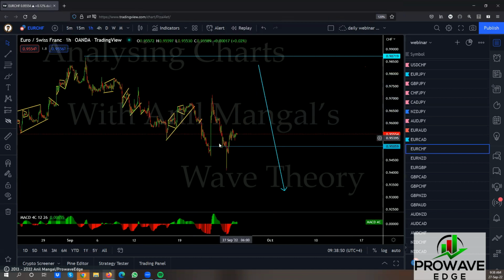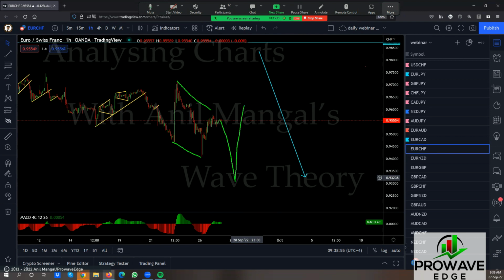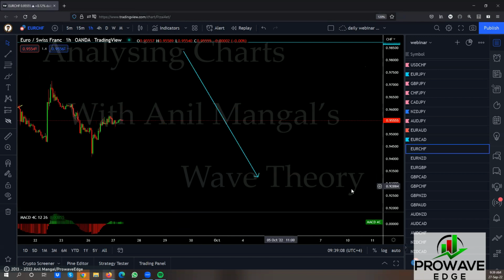That was a trade we bought, by the way, on Thursday. Take this out. Thursday or Wednesday, we had that buy, and this is going up. So can we assume that this is some kind of a running flat for more downside and then go back up? That possibility exists. Do we have a sell setup here? That's the question.